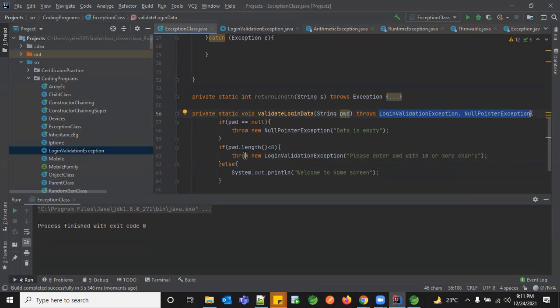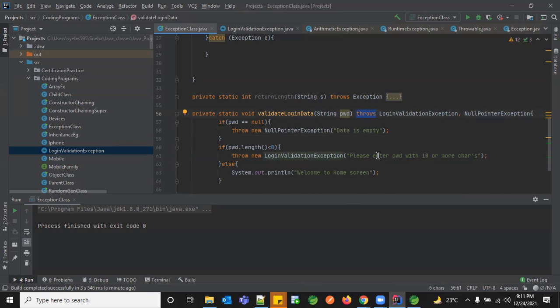And always your throw will be used within your block and not where you actually declare your block. Okay. Throws will always be used only where you declare it. Basically on your method signature alone, you'll have this throws and not within your block. This is the other difference you'll have between throw and throws.